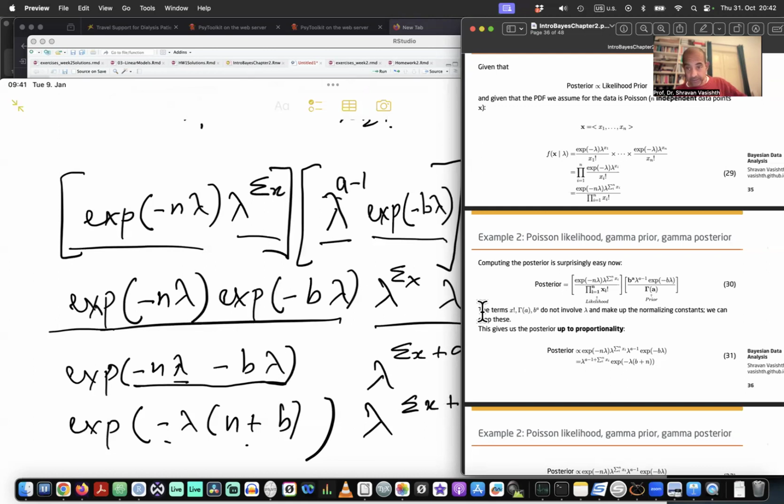And what's interesting about this expression is that it looks exactly like the kernel of a gamma distribution, right? So what's going on here? Look, if I were to lump these together, and if I were to call this A star, and if I were to call this B star, then